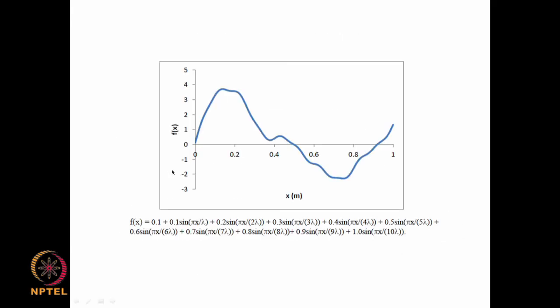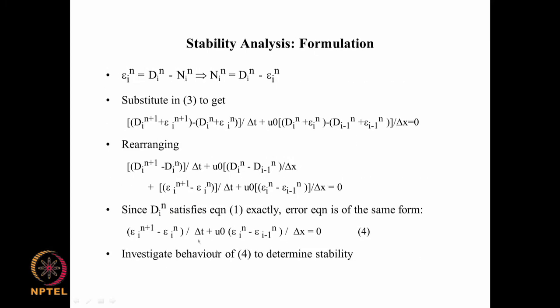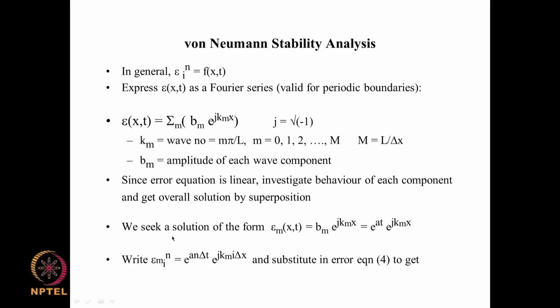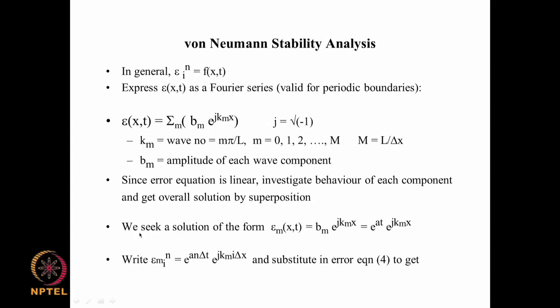So, if you substitute these into this equation here and divide by the error at epsilon i n, so that we are normalizing it, then we get epsilon i n plus 1 divided by epsilon i n. And what is epsilon i n plus 1 divided by epsilon i n? As per this, it is equal to